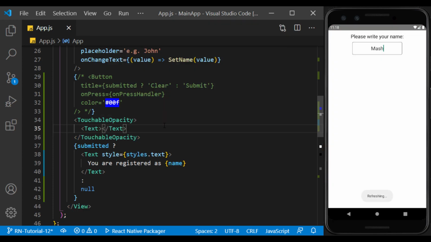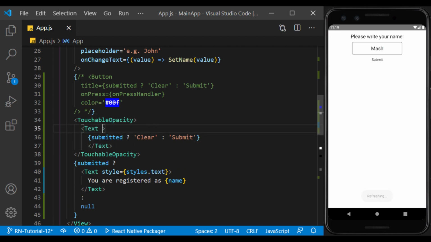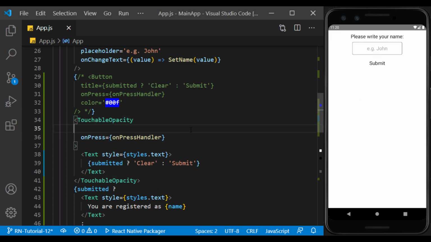Inside it, we create a text with the title value of the previous button and give it the desired style. Define onPress like the previous button. Now we give it a style to make it look like a button.